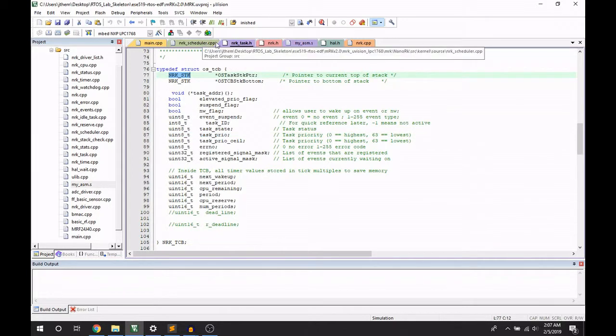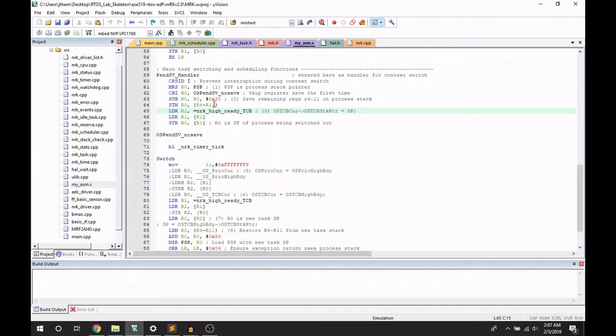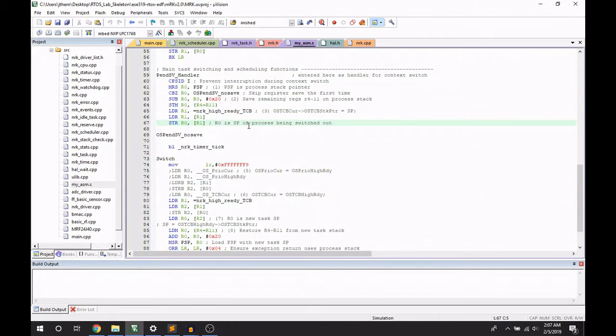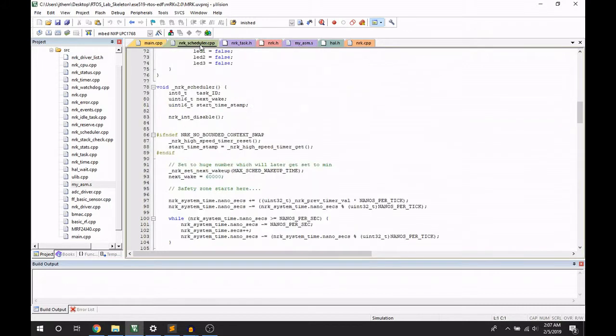So the first time when we do LDR R1 and then R1 in brackets, we dereference it once to get the pointer to the TCB. And then when we store the stack pointer, which was previously in R0, into R1 in brackets, that means that we're storing it into the first field, which is the stack pointer of the TCB. So once we've saved the state of the currently executing task, we can then go to the actual scheduling code,